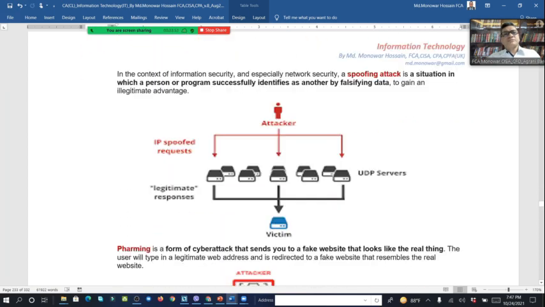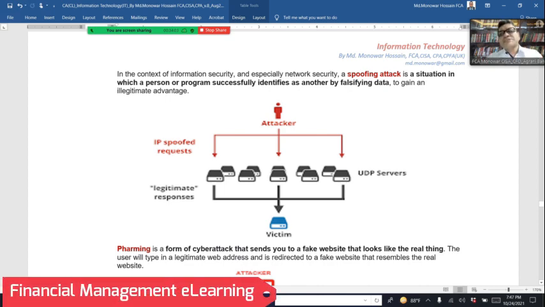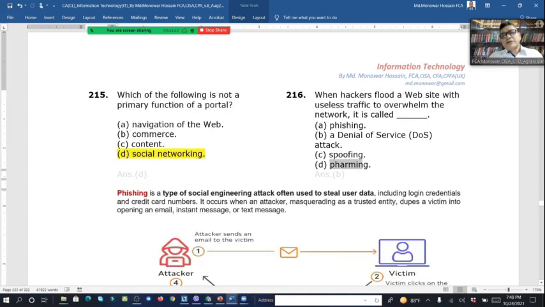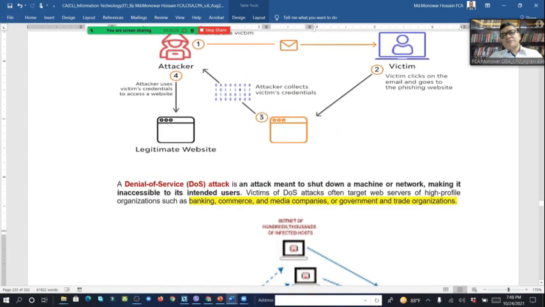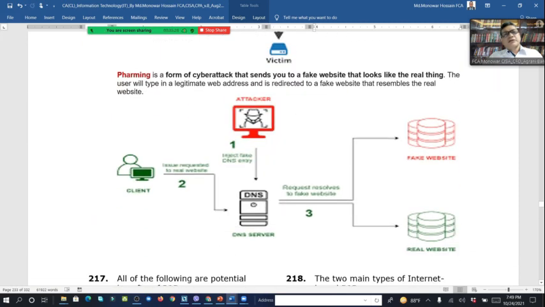Look here, in the context of information security and especially network security, that attack is a situation in which a person or program successfully identifies as another by falsifying data. Pharming, এই ফার্মিংটা হচ্ছে, this is a form of cyber attack that sends you to a fake website, ও আগে যেটা বললাম, that looks like the real thing, একই হুবহু একই রকম দেখাচ্ছে, এবং ওইটাকে ব্যবহার করে যখন করতেছে সমস্ত